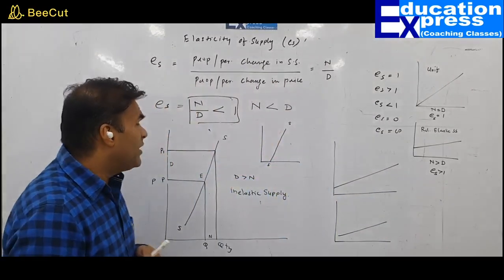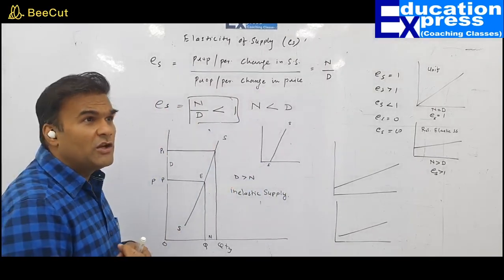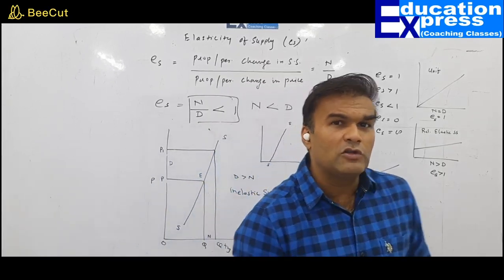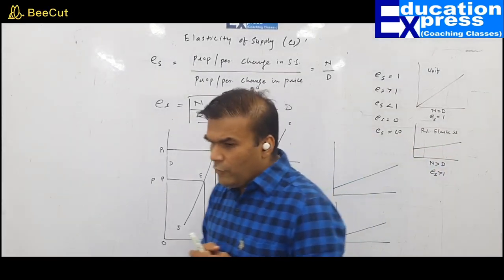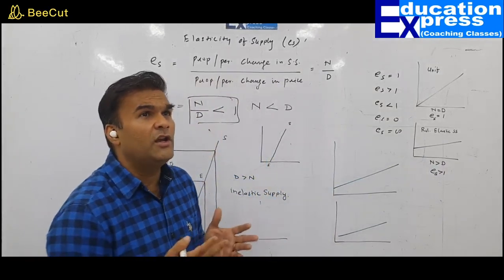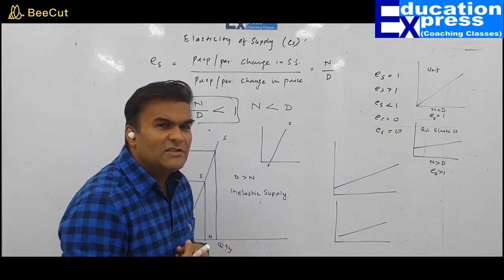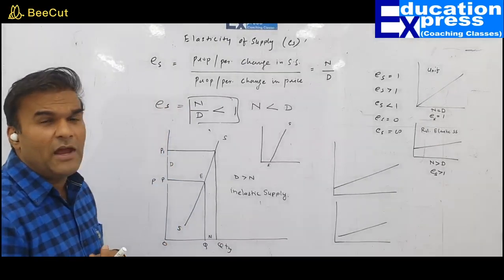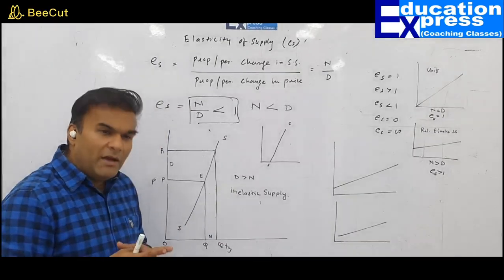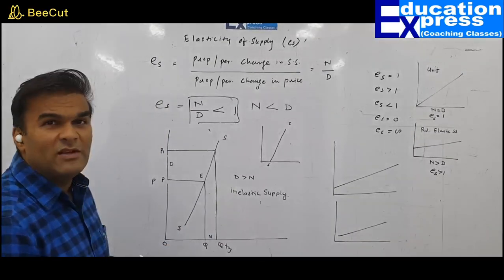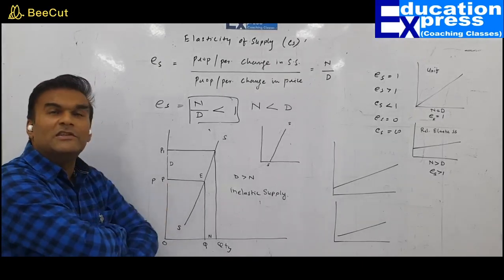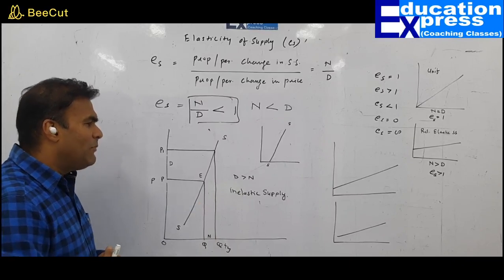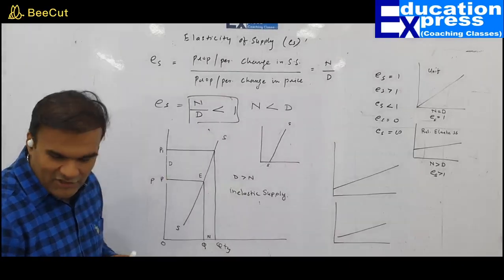Same is with respect to other agricultural commodities, or commodities where the supply practically is not possible to match because of various reasons. Few products are produced only during a particular season. After the season, those products may not even be available. But in case there is a demand and a steep rise in the price, of course, supply can rise by a bit, but practically it is not possible to catch up with the supply in the same proportion as the rise in the price. So here, supply is inelastic supply.